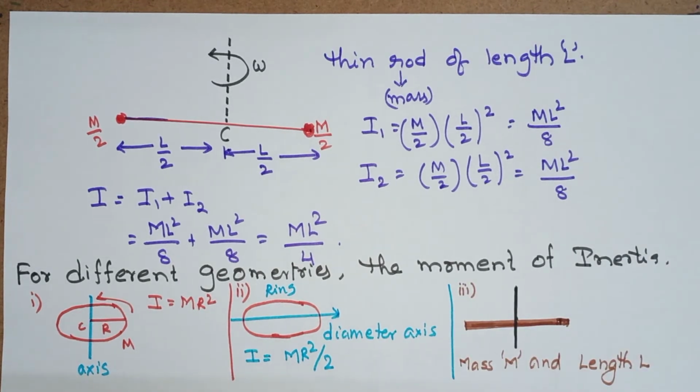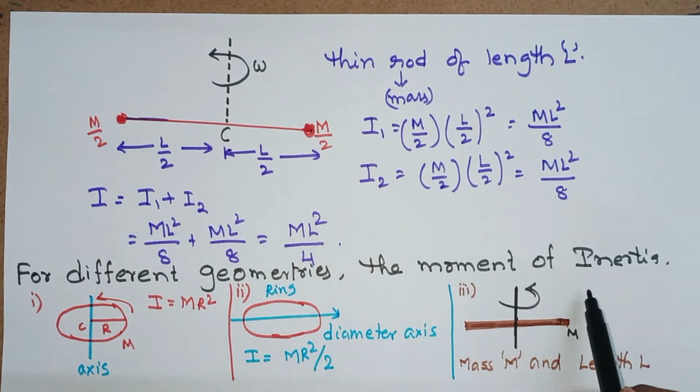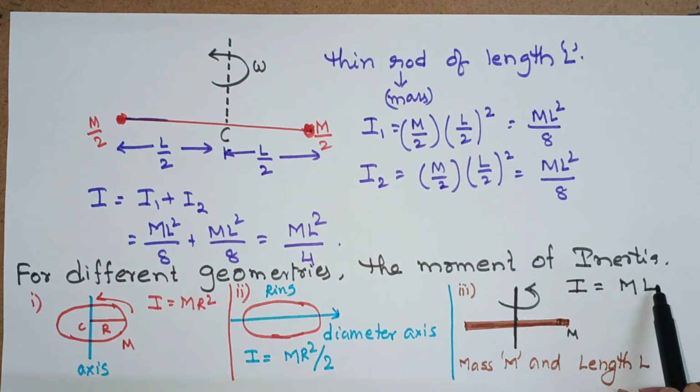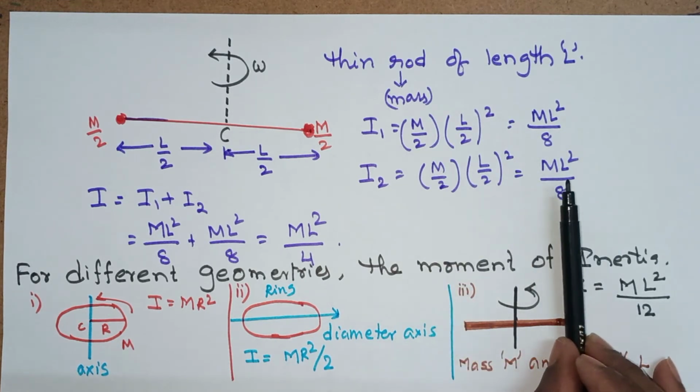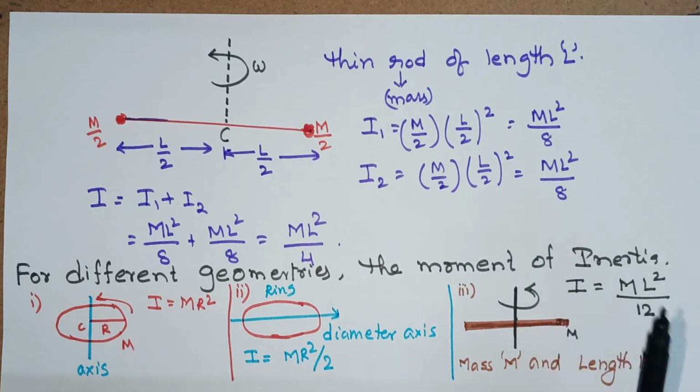Now a simple rod, which is called a slender rod, a thin rod of mass m, total length is L. Now the axis of rotation is at its center. We consider this is being rotated like that. Now what is the moment of inertia? Moment of inertia I is equal to m L square by 12. If you choose this as the axis, now the value changes. If you choose the axis over here, the value changes. So we shall see some more geometries and we'll find the moment of inertia.